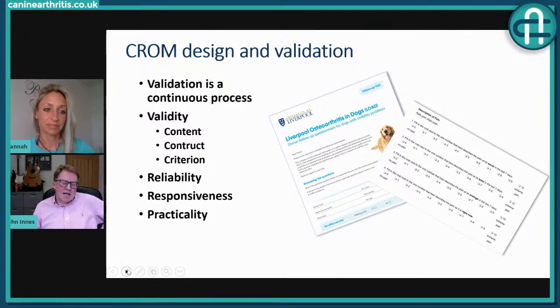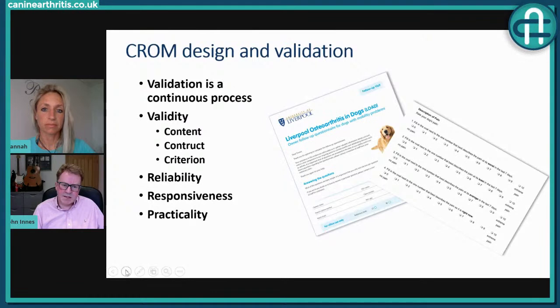Yeah, they are free of charge, and they're a really useful tool for communicating between owner and vet, and also from vet to vet, vet to nurse, vet to other professional. And they're a good tool for tracking progress as well, because you can store the scores in the medical record, and everyone knows what that means. So they are gradually gaining more traction. They're appearing more in the research that we do around different treatments for joint disease in dogs.